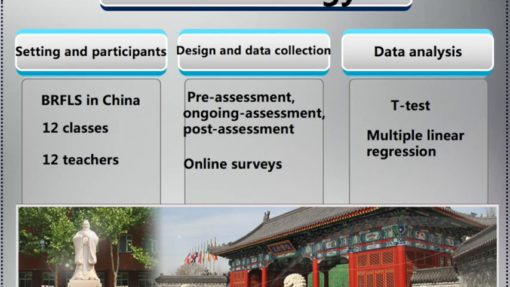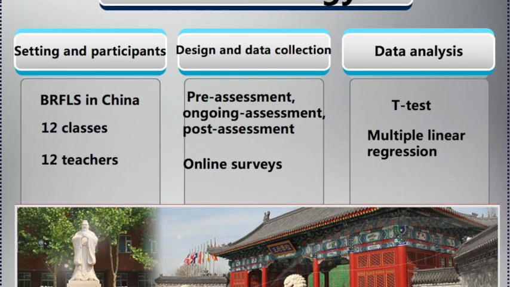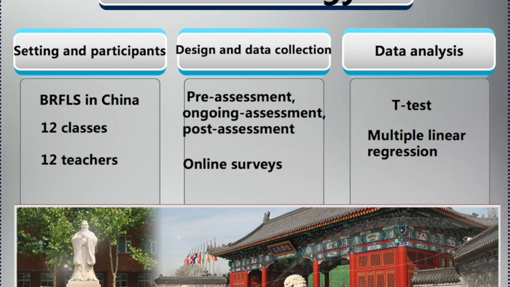On one hand, I will use a t-test for independent samples to compare the changes in the pre-assessment, ongoing assessment, and post-assessment between the control group and the intervention group. On the other hand, a multiple linear regression will be used to test the correlation between assessment data and the survey data.